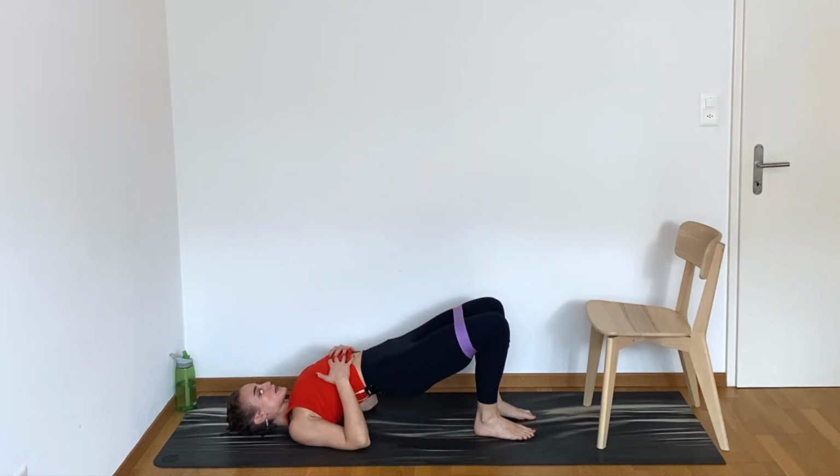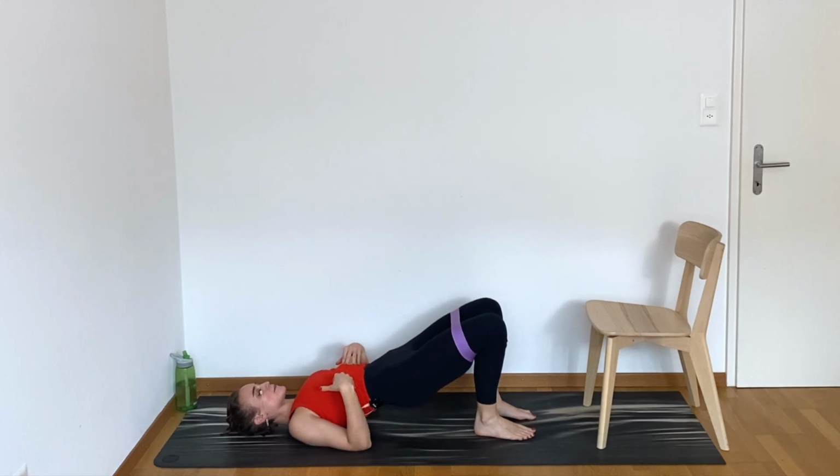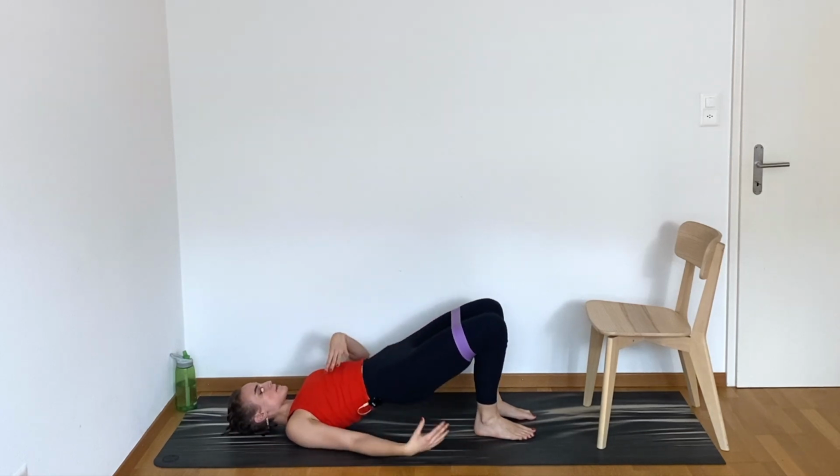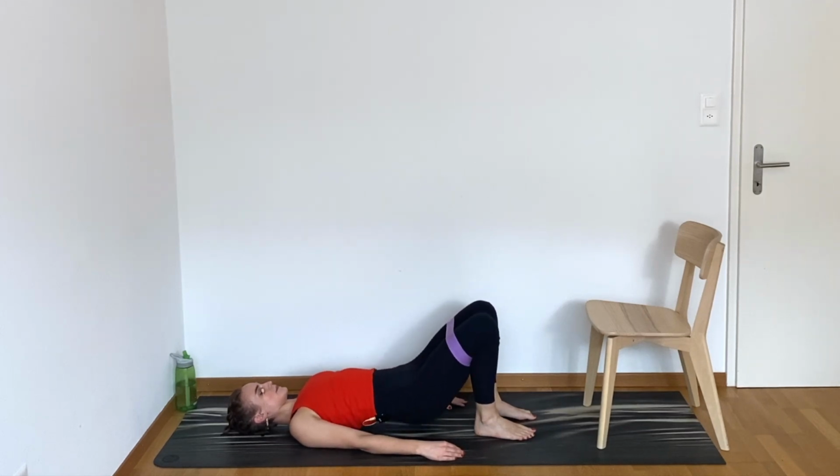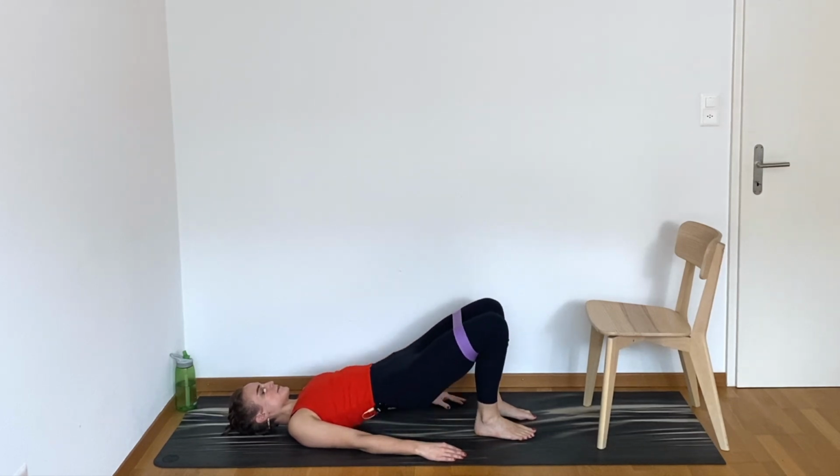So this is a yogi bridge. We're here in our Pilates bridge. So the rib cage is being pulled together by the abdominals, and you're keeping the middle and tops of your shoulder blades on the mat. 8, good squeeze. Last 6. We're gonna hold those hips up in 5, last 4, last 3, 2,